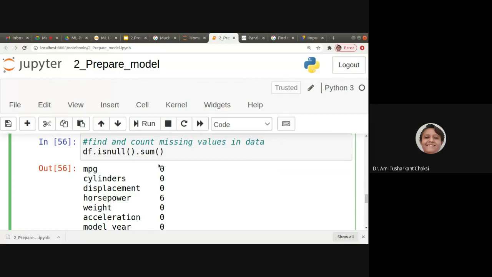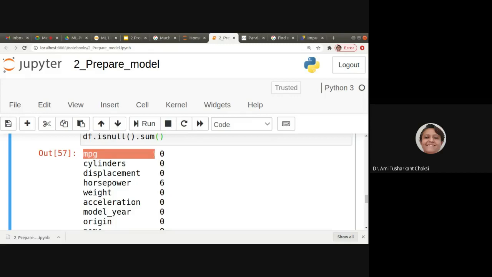That is using df.isnull().sum(). When we are doing isnull, it will find the missing values, and sum means it will give us the count. So here, when I run this, I'm getting the missing values count for that particular column. Only horsepower has 6 missing values.